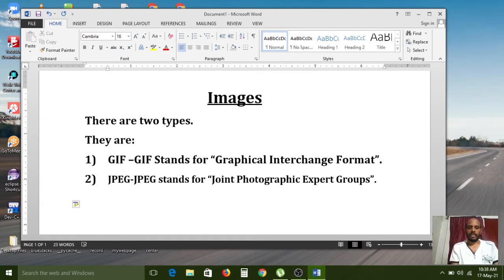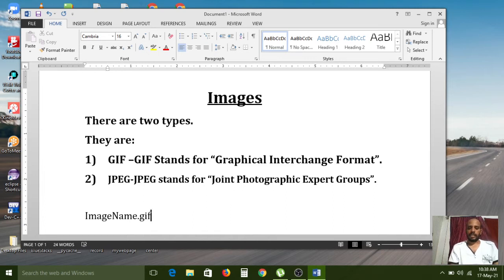So the GIF extension is .gif, image name dot gif.